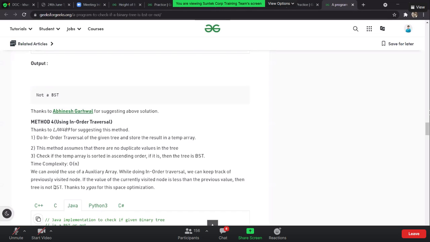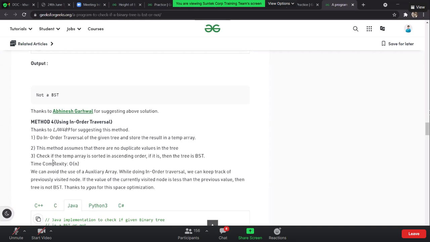Anyone? Is the question clear, guys? How exactly are you going to check the given array is in the ascending order?